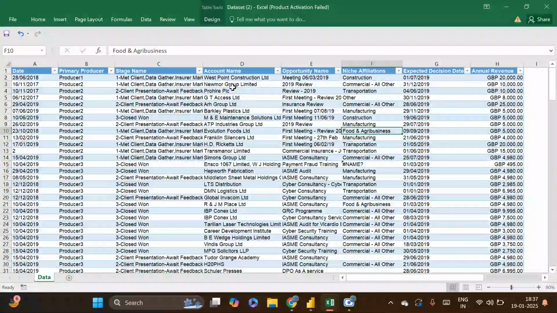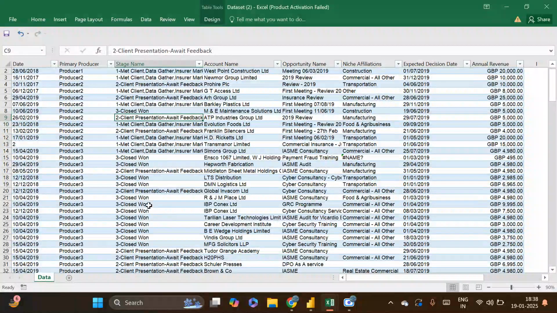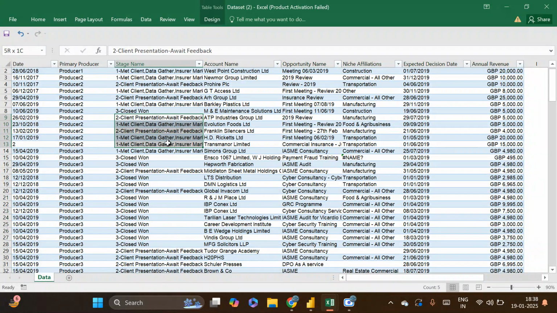Also, if you are seeing the stage name, right? Some stages have closed, and for some stages, client presentations are still going on. So I can filter out the meetings and deals that have already been closed, and I will not focus on those, because now the company is sure that we are going to generate some amount, we are able to close this deal. But for the deals that are still going on, management should focus on those,